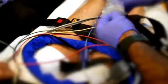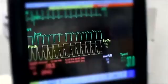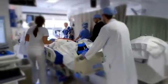And then towards the evening, they said, we think you should transfer to a larger hospital because we don't have the neurologist here to treat you. My oxygen levels dropped severely. My blood pressure dropped severely, which put me into a critical state by the time I got to Cleveland Clinic. I knew when they took him into the ICU that